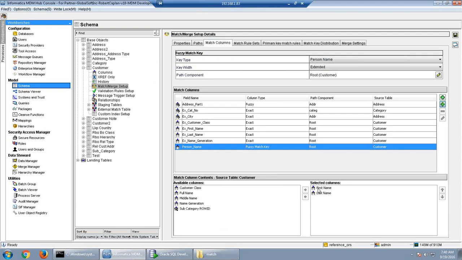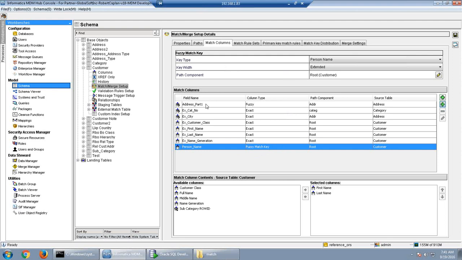Also, in column type, it is showing fuzzy for the first column and fuzzy match key for the last column. What is the difference between these two? It is like the key we have selected. On the top we have key type as person name, so that is why this is just fuzzy. It just represents that I have selected this column as a match key type. Otherwise there is no difference between them.